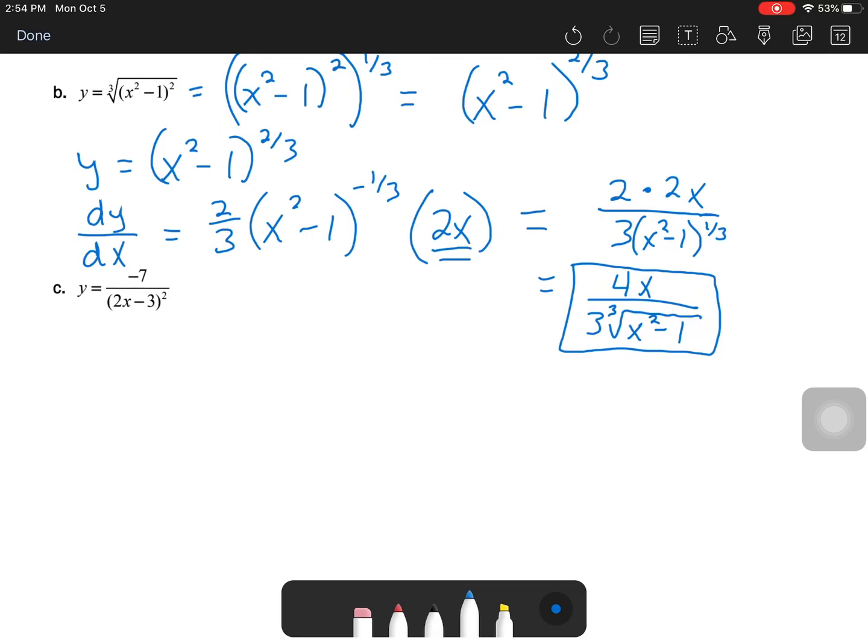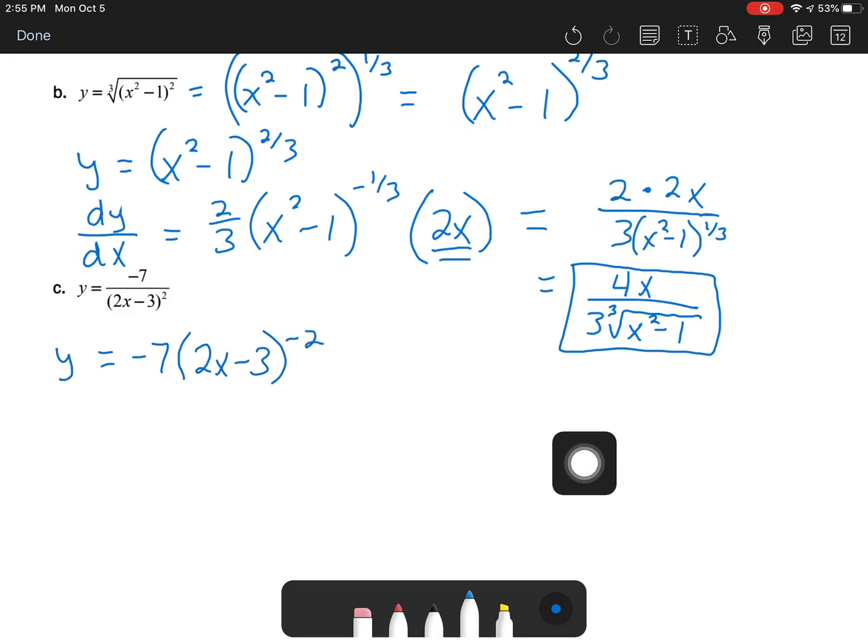So this one, it is set up as a quotient. If I just have a constant in either the numerator or the denominator, to me it would be easier to just rewrite this, I think, as a product, because if this whole thing in the denominator is to the second power, I could just say that it's 2x minus 3 to the negative 2, right? So I could start off by rewriting it like this,